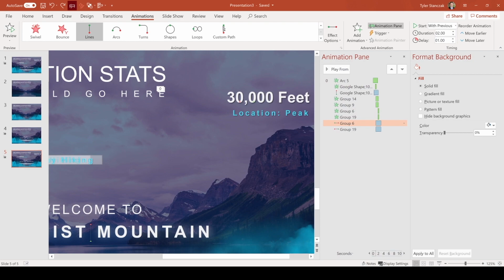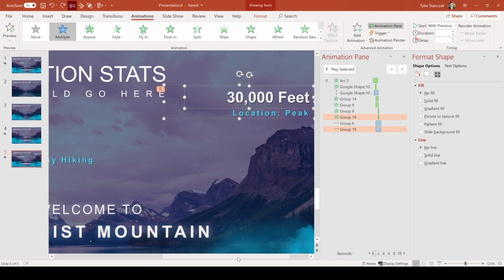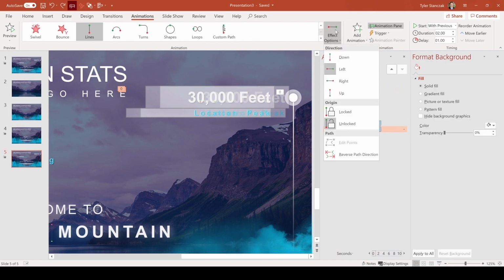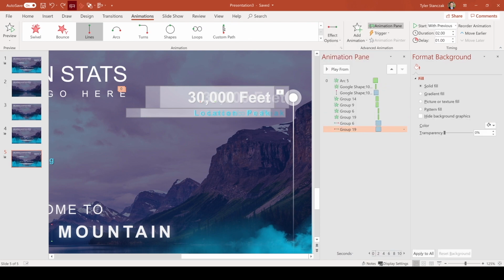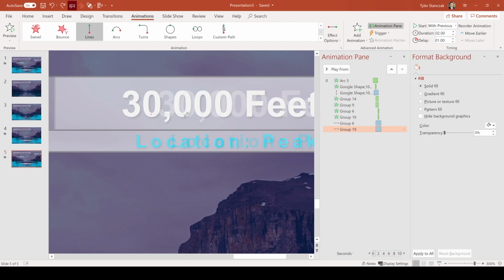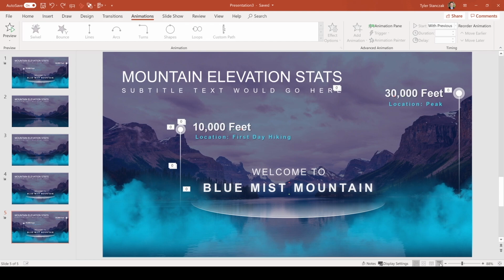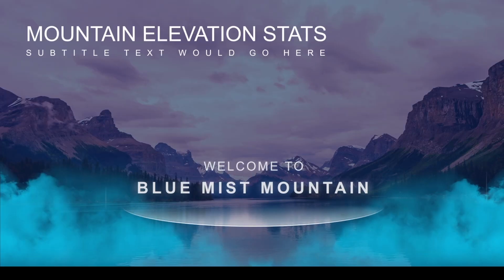And then I have a similar thing for this 30,000 feet text with the subtitle text, but the only difference is I have the line animation going to the left. And you also see here how the text is going from the right to the left, shifted over a little bit past the text on the right, and it's coming to where the actual text is placed on the left.